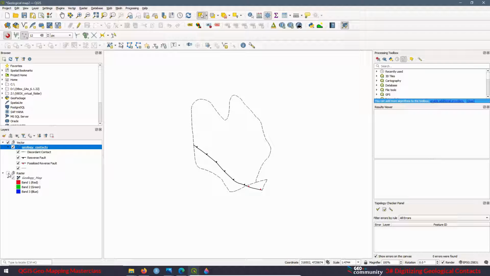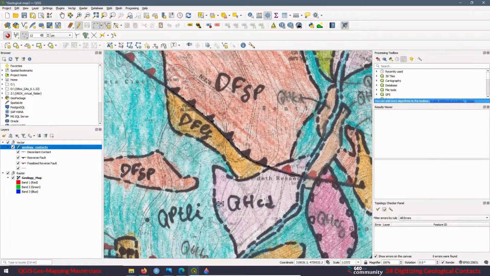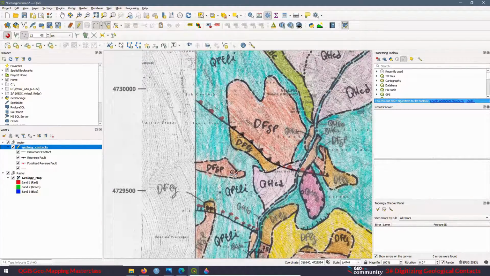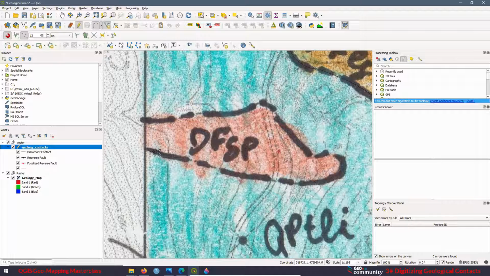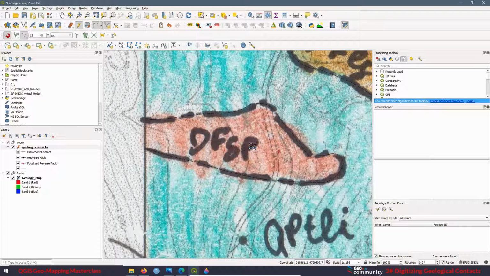Let's go here and digitize another contact. Press this one here, press the line, circle, everything is good. And now, for example, we are going to digitize this geological unit over here. Then I'm going to speed up the video to do this one. Then it's going to be again a discordant contact. Okay. And now we are going to run the